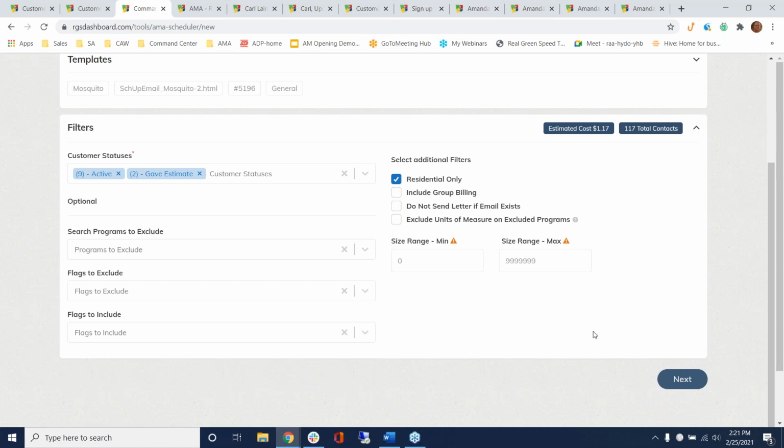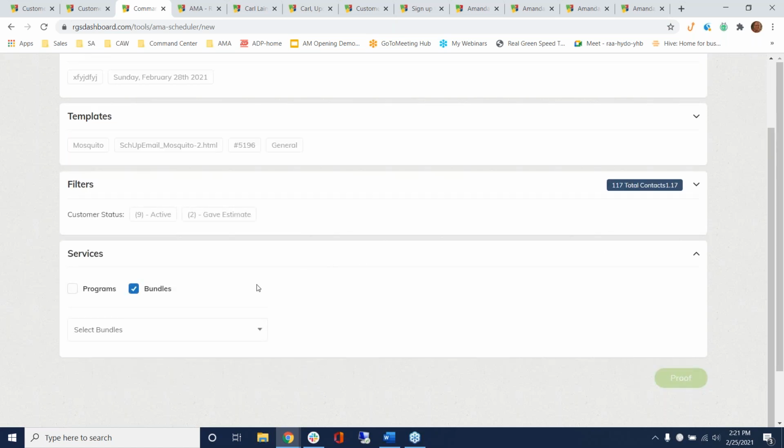and also include my group billing. Once I have everything I want, I can then send them to a bundle. Again, that bundle from CAW, so that's that full circle going from CAW building promotions that are available for customers that go into CAW. They're available for emails that go out to customers, and they're also going to be available